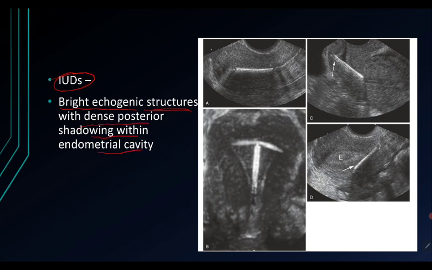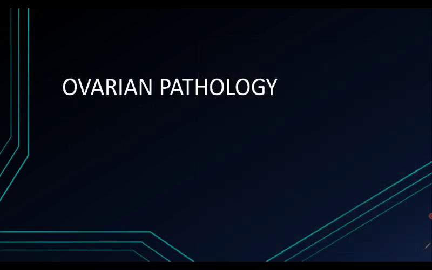You can see the bright echogenic structures. This is a bright echogenic structure with the posterior shadow. This is the cavity. Somehow it has penetrated into the myometrium. Remember, bright echogenic structures with dense posterior shadowing are typical features of a cavity or LNG or any